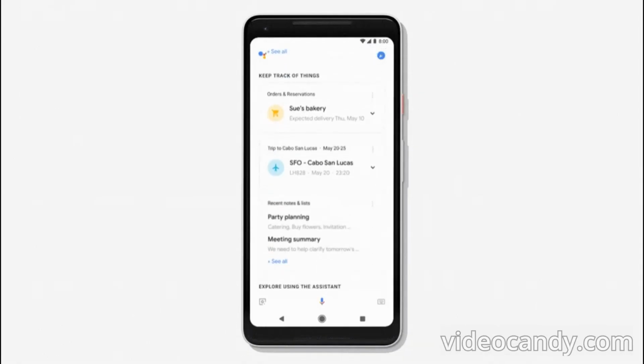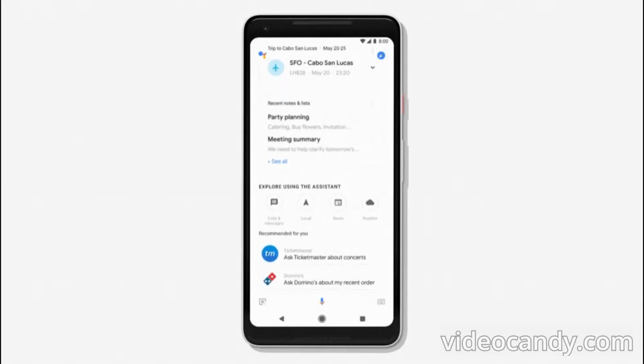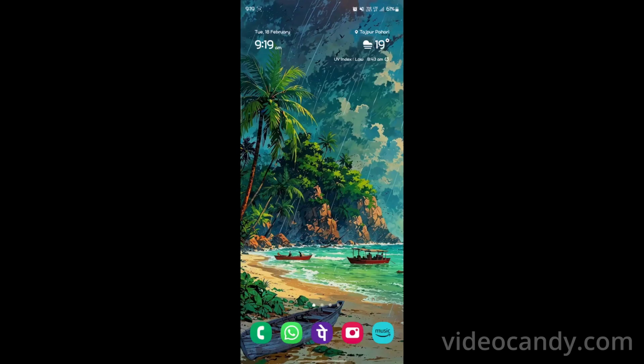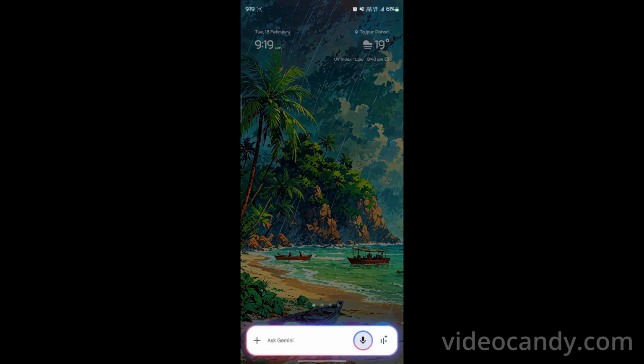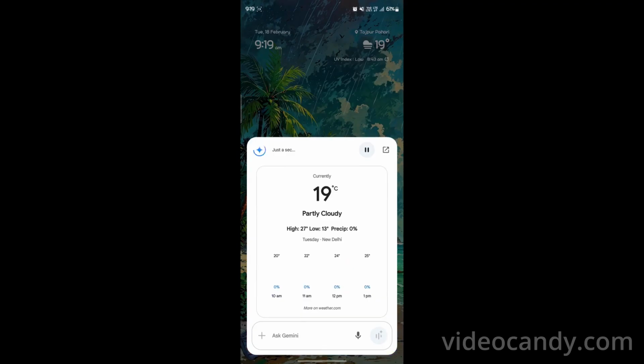To use Google Assistant, follow these steps. Say OK Google to your smartphone. A pop-up appears at the bottom of your smartphone. Speak what you wish to search, for example weather updates, and wait. The voice assistant will show the results and speak it out loud. You can also scroll the pop-up window to see more relevant information.